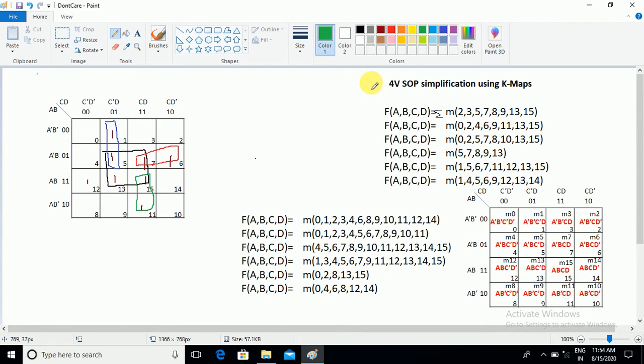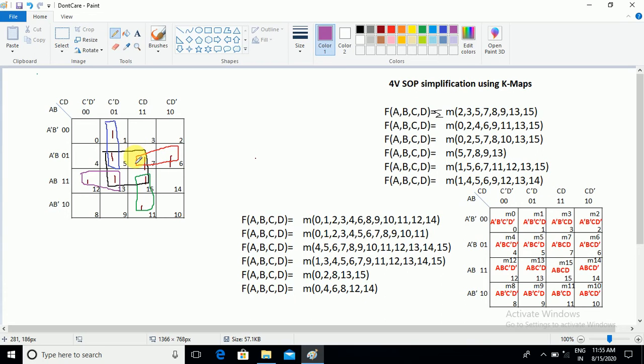The next one, 12. In this case also, there is no alternate, we have to take the overlap. Now then what could be the answer? Here you must remember that in any group, if all cells are overlapped, then it is not a prime implicant. It is not a prime implicant, and there is no need to consider it in the answer. This point you must remember.